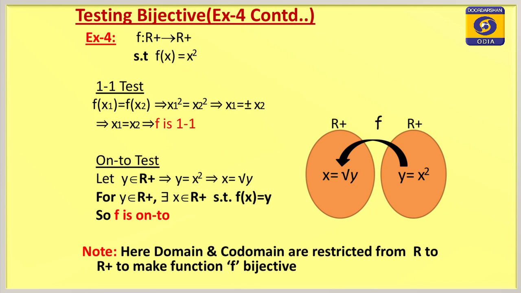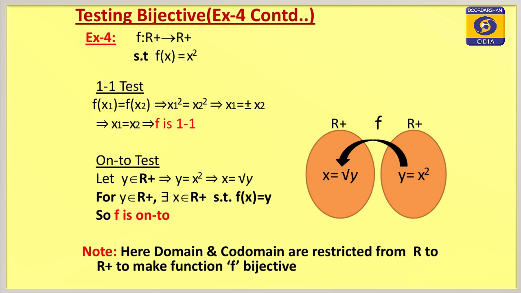You see, when we are showing a function is many-one or into, you just need one example, but for showing a function is 1-1 or onto, you have to prove this. For 1-1 we have to take f(x1) equal to f(x2) and show x1 is equal to x2, or else take x1 not equal to x2 and show f(x1) not equal to f(x2). For onto, if f is a function from X to Y, you have to take any element of Y such that you will get an element small x belonging to capital X such that f(x) is equal to y.